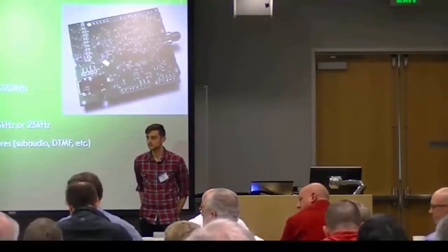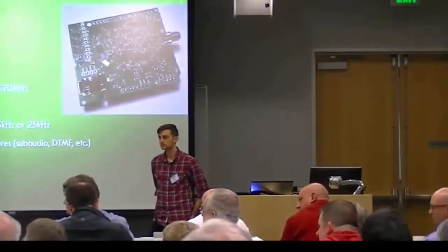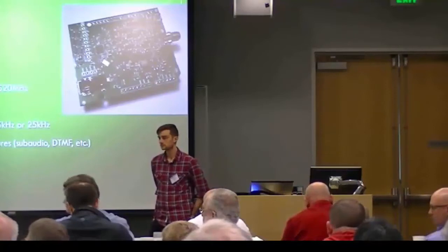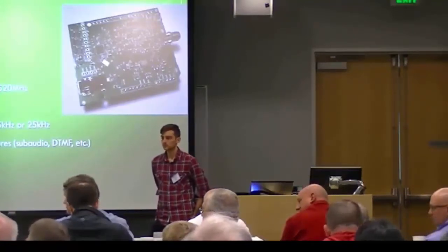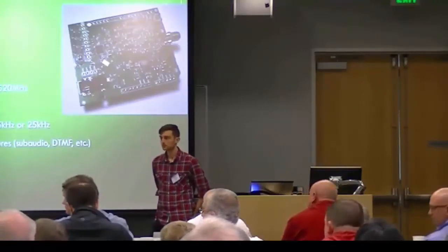Hi, I'm not a FM ham, but I've got a question. It appears you're using the same chip as the Baofeng radio. Can you tell us what the aspects of your kit are as compared to these little handheld radios that sell for $100 or